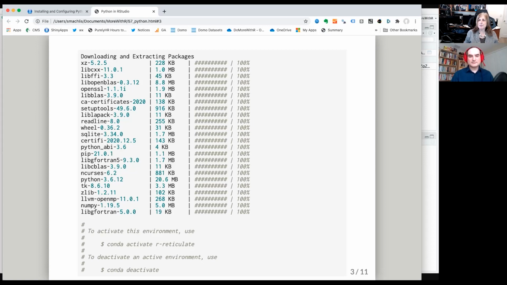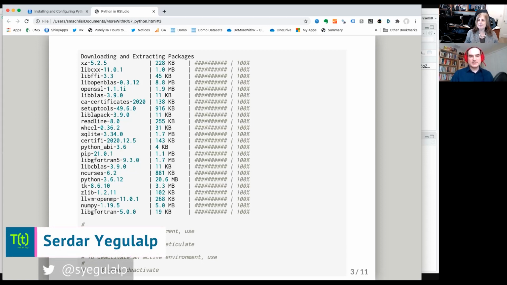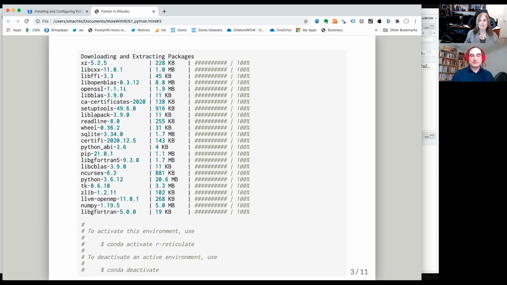So what's happening here? Well, what you're seeing here is RStudio installing a version of Python called Conda, or Anaconda. Conda is the short version of it, which is a version of Python that's packaged specifically for math and stats users. It comes with a great many of the things that are normally installed separately, such as NumPy and Matplotlib, but are all aggregated together into a single package. And if you install this way using Conda, they're all pre-installed for you. So you don't have to do any additional work to get up and running with a lot of the things that our users would most want out of Python. Sounds like a good way to go.